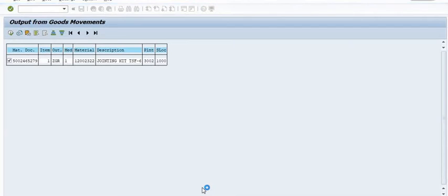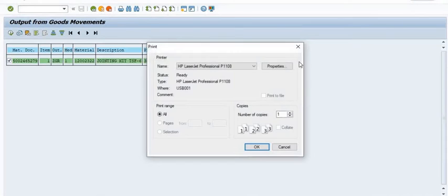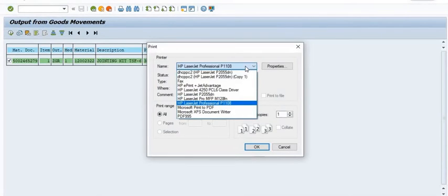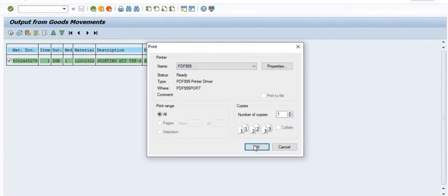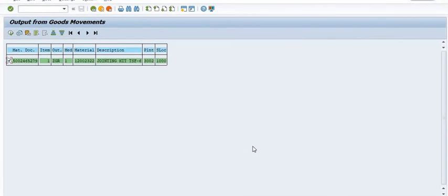The system will generate the PDF file of your goods receipt document. The process is similar for the goods issue document. Hope you understand. The system will take some time and generate the report. It is my personal suggestion to all of you: save the PDF copy on your desktop. Choose Microsoft Print to PDF or PDF995. Through this, the system will save the PDF copy, and then you can print, because the PDF copy will be used to share the